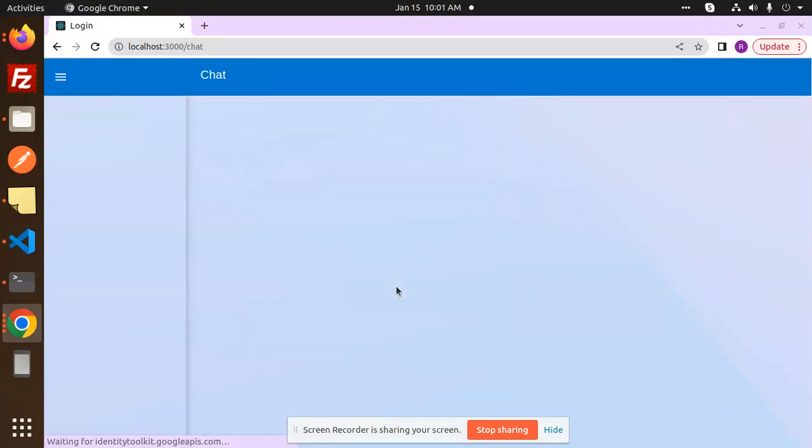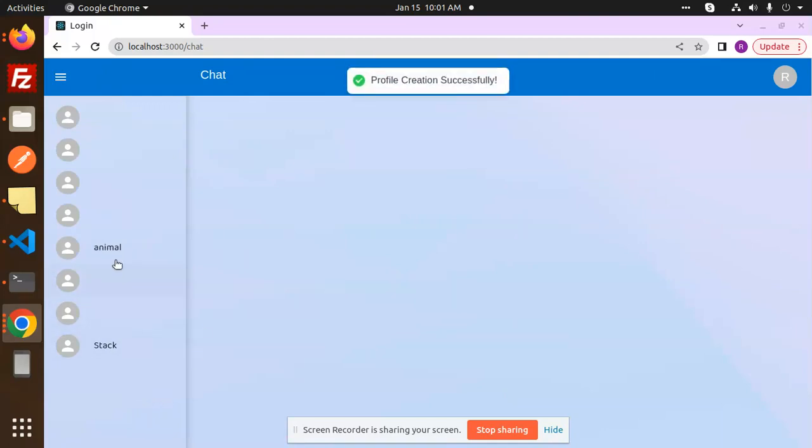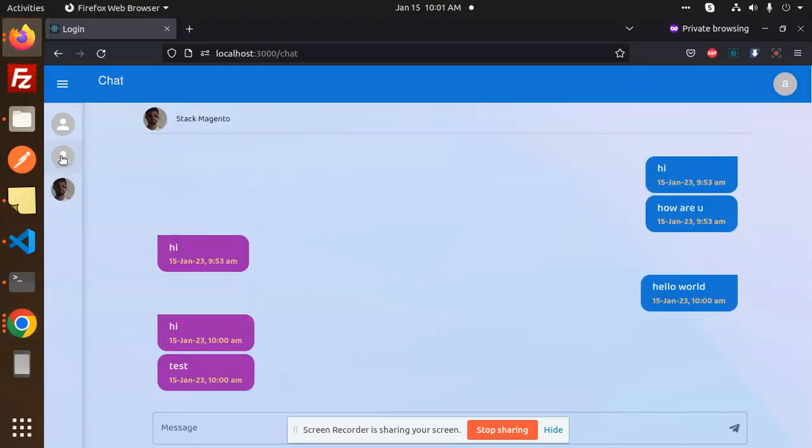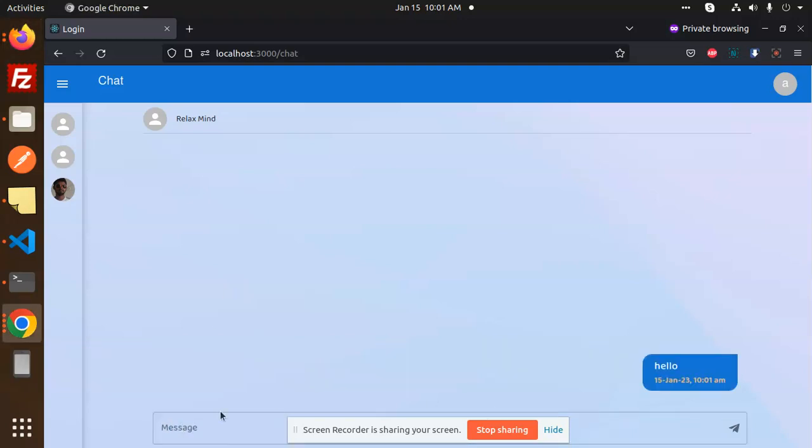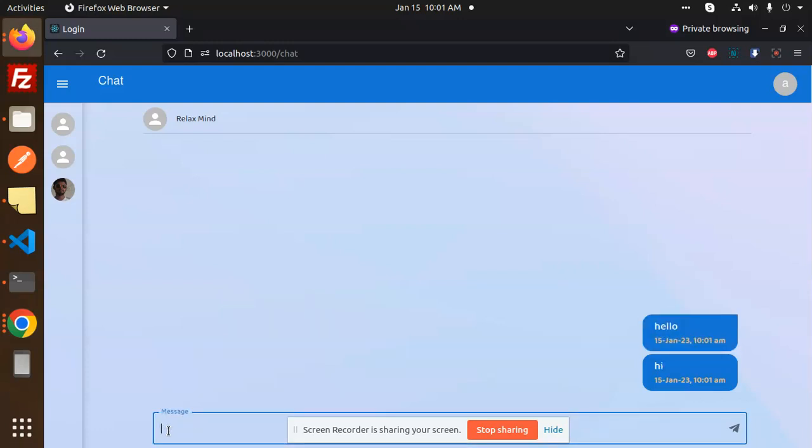Now you can see the third user. I'm logged in with this one, animal and stack. Those two users are there, and on another tab, one of the users is there, relax mind. So I'm going to chat with this one, hello, and now you can see that hello is there. And here I'm going to add with this one. So you can see that